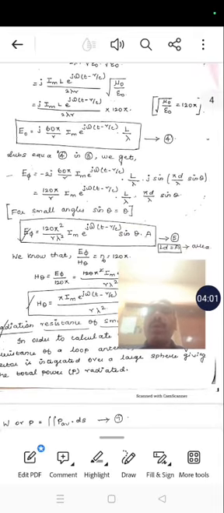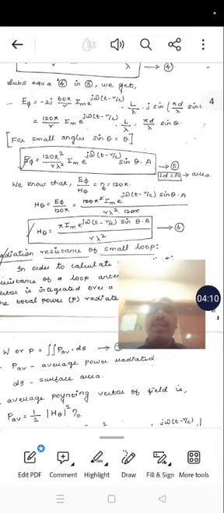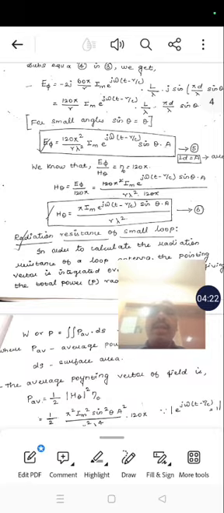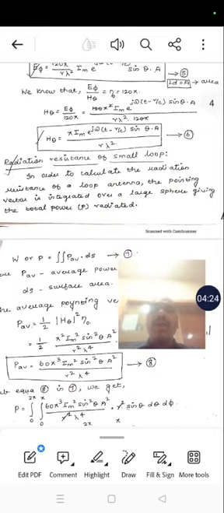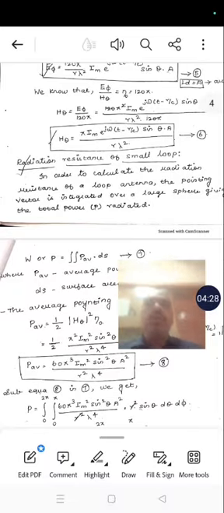E phi is equal to 120 pi squared divided by r lambda squared, Im e power j omega t minus r by c, into sin theta into a. H theta, the magnetic value of this loop antenna, is pi Im into e power j omega t minus r by c, sin theta into a, divided by r lambda squared. Then we can calculate the radiation resistance of the small loop antenna.